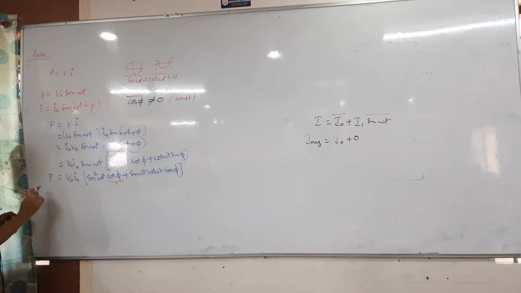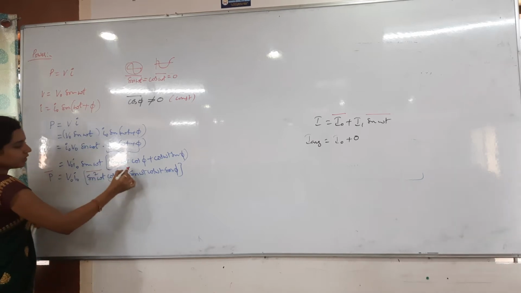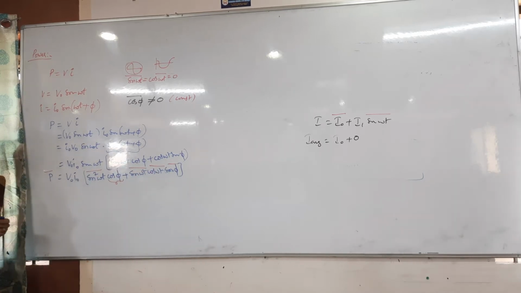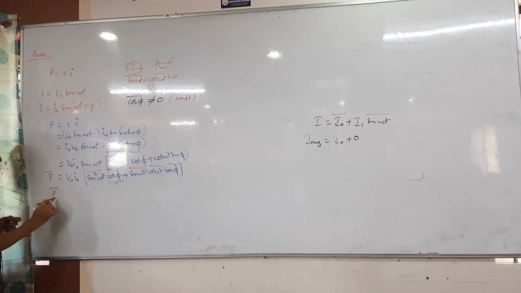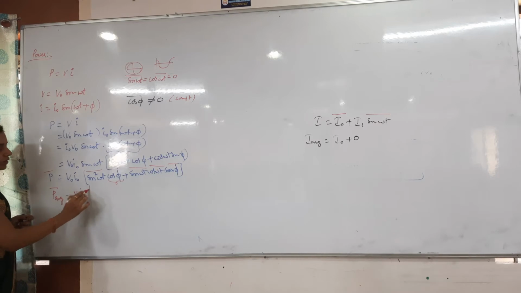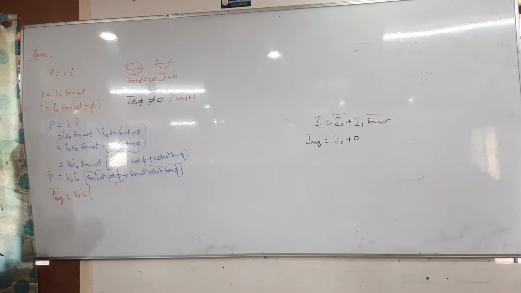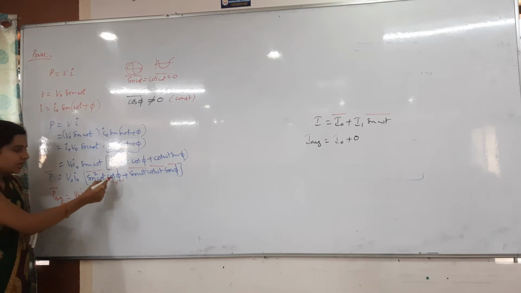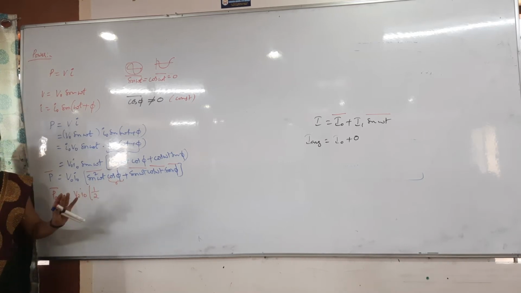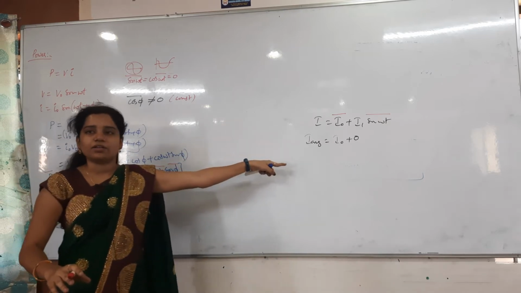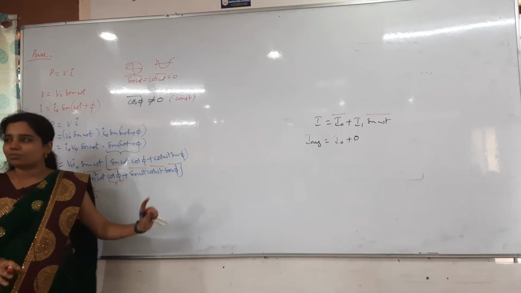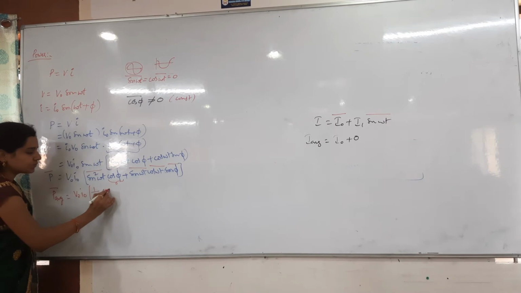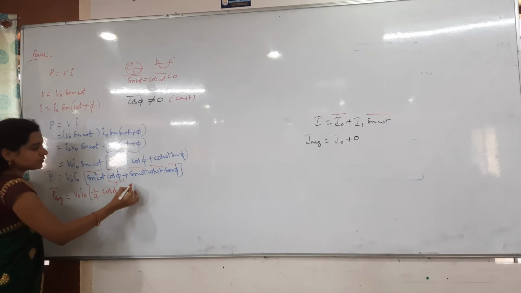Now whenever I take the average power, P bar is equal to this one, and everything will be taken as an average value. Otherwise, I can write P average is equal to V naught I naught. What is sin square omega t? Yes, very good, 1 by 2. The average value of sin square omega t is 1 by 2. Cos phi is as it is, there is no change. Here I naught is there, cos phi is there, whatever that might be.